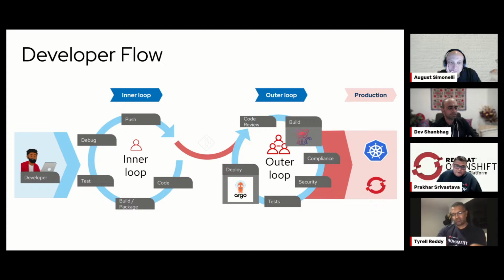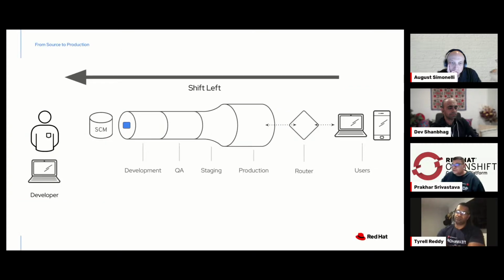Now, one of the major things to bring security in the inner loop is the shift left strategy. When we are discussing the developer flow, the shift left strategy represents a transformative shift in our approach to security. Rather than addressing security at the end of the development process, we want to bring security in at the start. As soon as the developer writes his first line of code, we want to bring in security. This strategy naturally complements our inner loop, where coding, testing, and debugging take place.